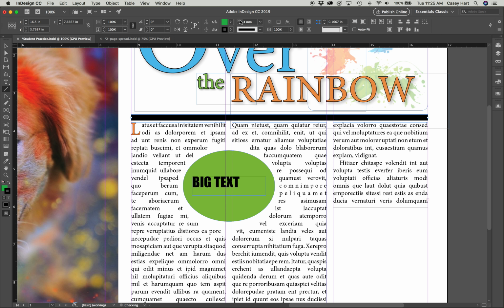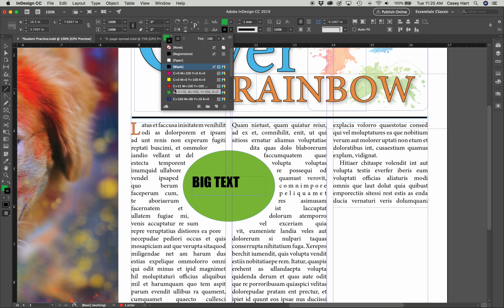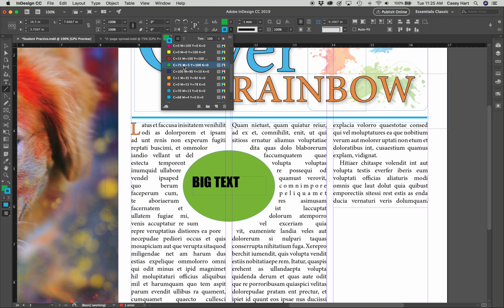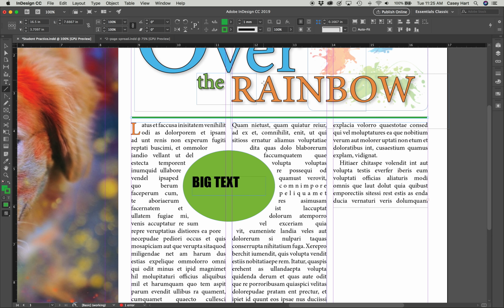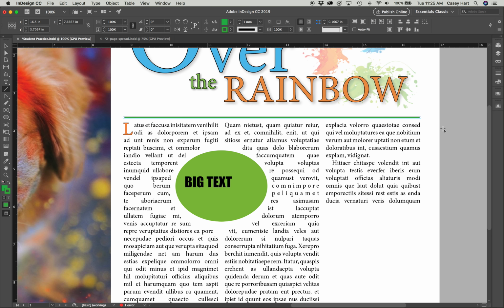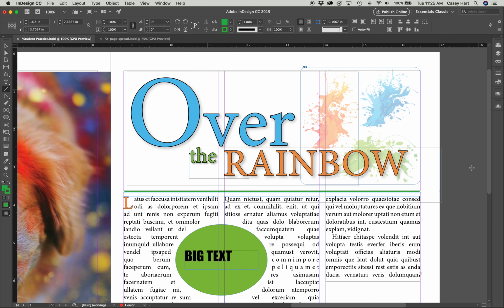Okay, now I can make this pretty large if I wanted it to be. I could change the color if I wanted to. I'm just going to choose green, blue. I'll just choose that green. Look at it in print view. Okay, it's kind of simple,